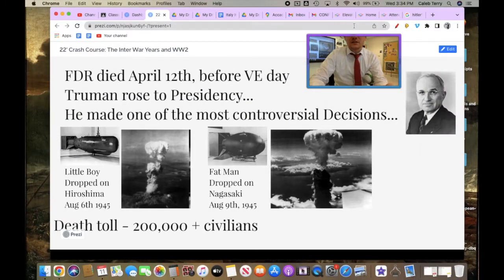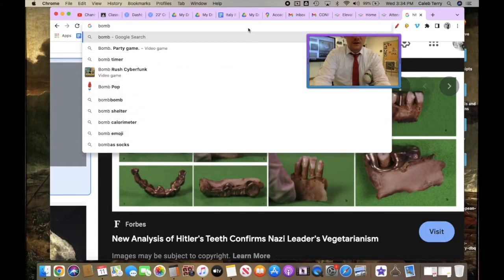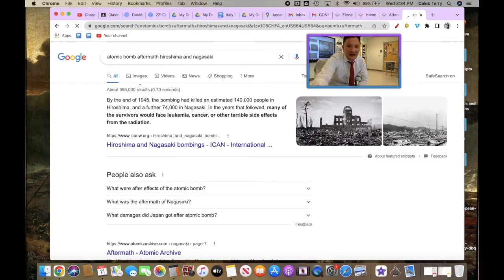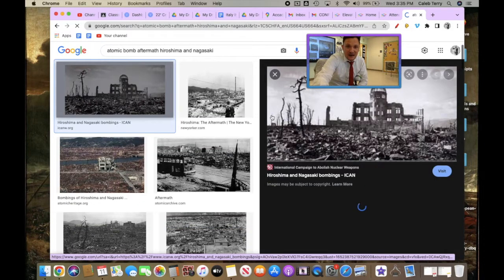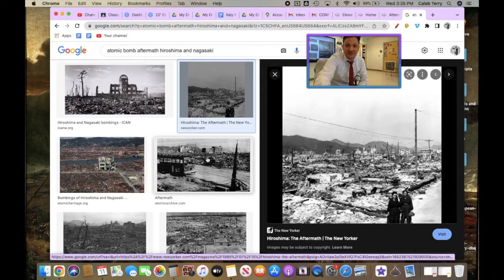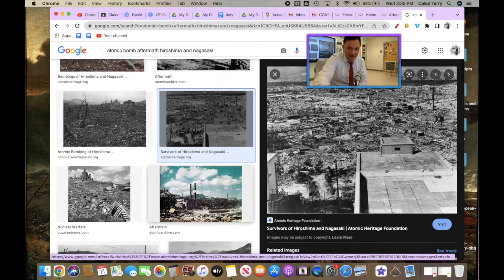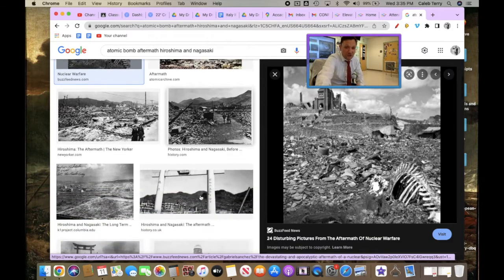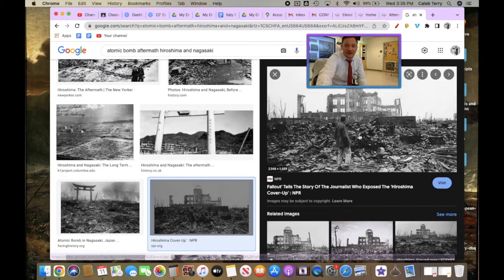When you go back and look at some of these pictures, the bomb aftermath Hiroshima. There we go. So now what you can actually see is they didn't just take these cities out, they erased them from the map. These bombs had enough force to literally disintegrate human life, right? It is absolutely insane the amount of destruction that these explosions caused, killing people in an instant, which